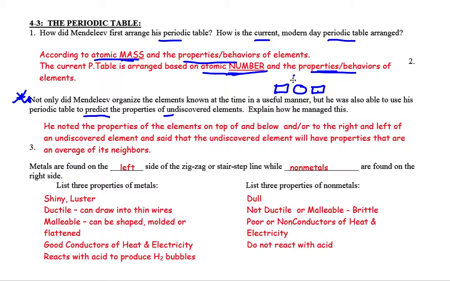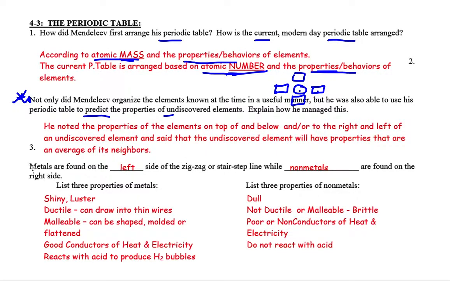And he also looked at the properties above and below it, and he averaged them, and he knew even more properties about this element without even knowing what the element was. Nobody had even found it at the time, but yet he was able to describe the elements. So he left a few blank places, and he also knew what the properties of those elements were going to be. And when they were discovered and the blank places were filled in, sure enough, they had the properties of above it and below it, or left and right, the average of those properties.